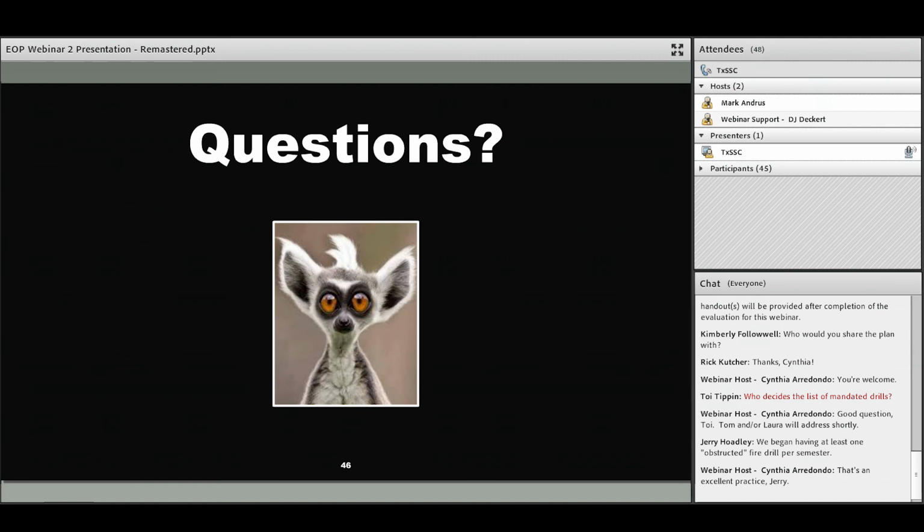So conducting an obstructed drill would be you tape it off. We've actually got a large cardboard cutout of flames that stands up. We could put it at the base of a stairway, and all it says on the front of it is, "What now?" It gets you to think, "Uh-oh, can't go that way." Or just put some tape there, or put a person there and say, "No, you can't go this way. Go to your secondary route." That will help you test that secondary route exit.